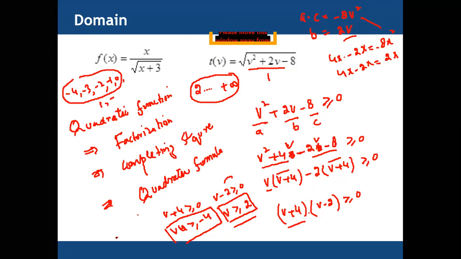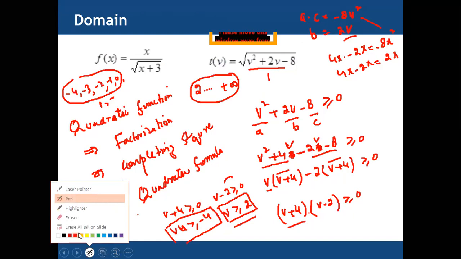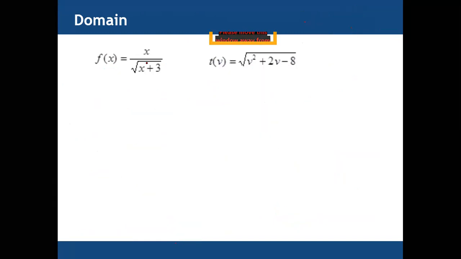Next example, this is actually the last one. Give me just 4 or 5 minutes more. We have the function f of x equal to x divided by x plus 3. Okay, great. So first, x divided by x plus 3. This one is important, this function has a root, and we have x plus 3.